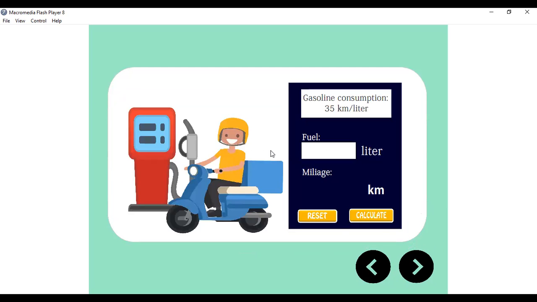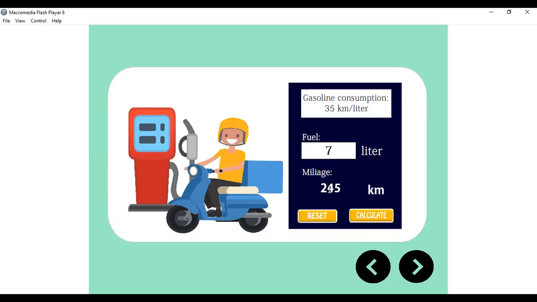And then this is the simulation of equivalent ratio. The simulation I give is the relationship between the amount of gasoline and the distance traveled. In the information provided, 1 liter of gasoline can cover a distance of 30 kilometers. If you enter the gasoline value in the space provided and then press calculate, for example, 7 liters,